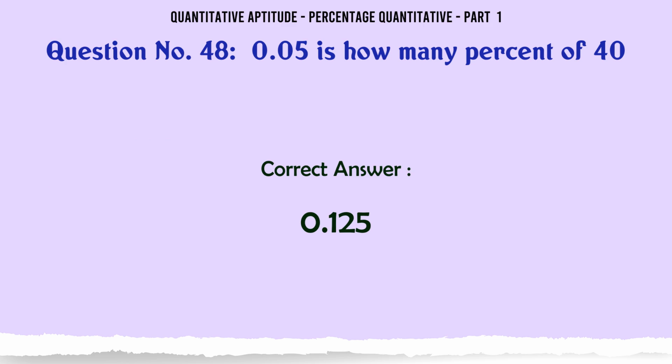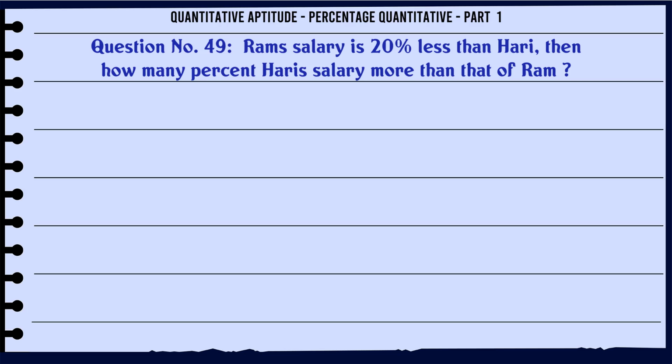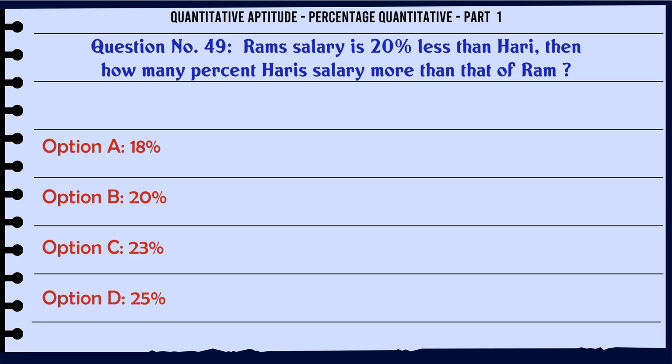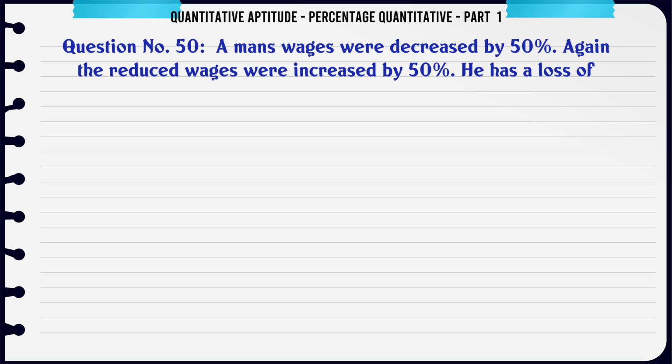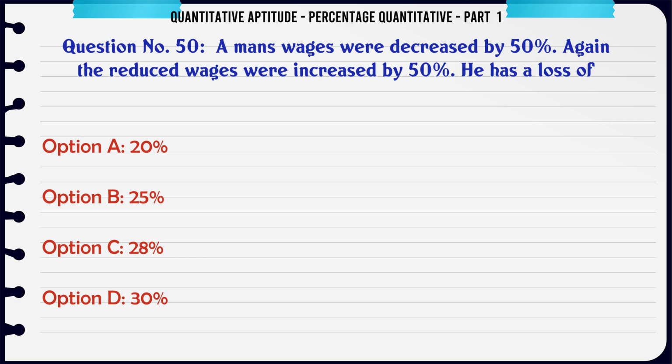0.125. Ram's salary is 20% less than Hari. Then how many percent Hari's salary more than that of Ram? A. 18%, B. 20%, C. 23%, D. 25%. The correct answer is 25%. A man's wages were decreased by 50%. Again the reduced wages were increased by 50%. He has a loss of A. 20%, B. 25%, C. 28%, D. 30%. The correct answer is